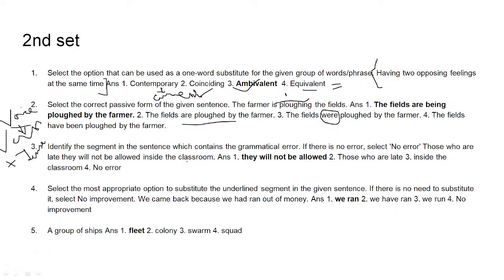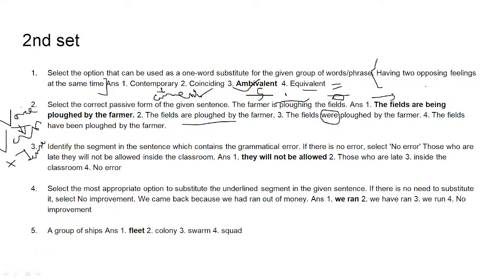And here firstly, your subject and object also have to be clear. Subject is farmer, fields is the object. Now in our passive sentence, fields would turn as the subject. The fields are being plowed by the farmer. Why? Why are being plowed?